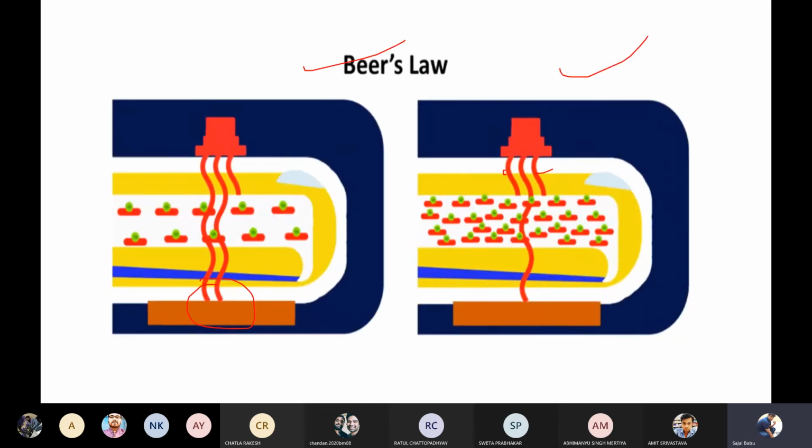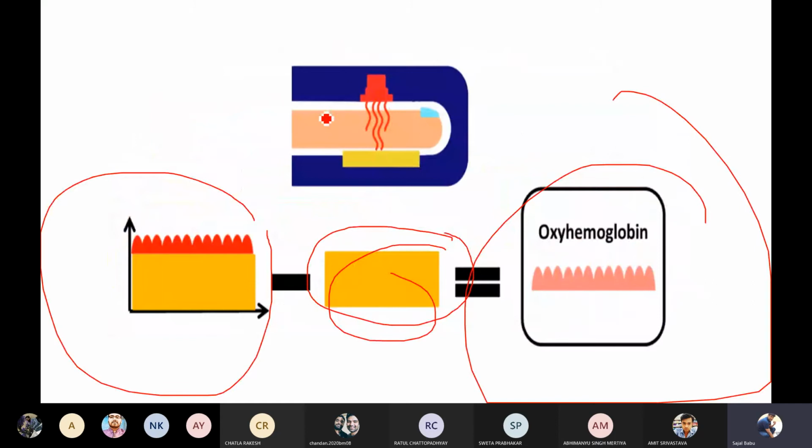Okay, let me explain. This is my pulse oximeter. Two lights will be emitted, one IR light and one red light. If my detector receives more red light and less infrared light, that gives the pulse oximeter an idea that the infrared light is not being received properly by the detector, which means it has been absorbed by the blood. That means the blood is carrying more oxygen.